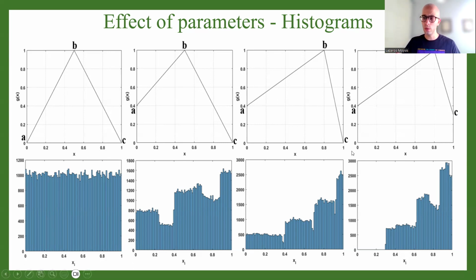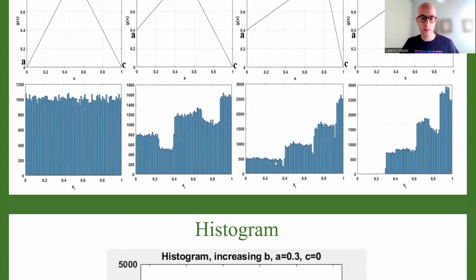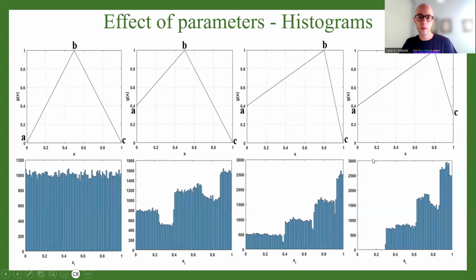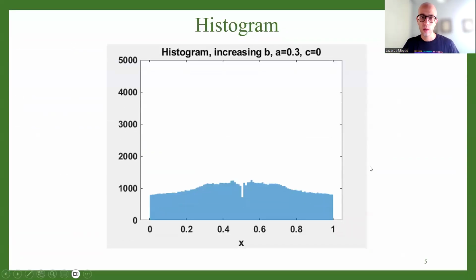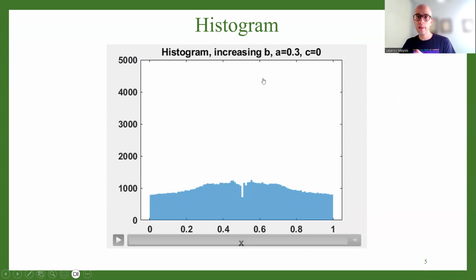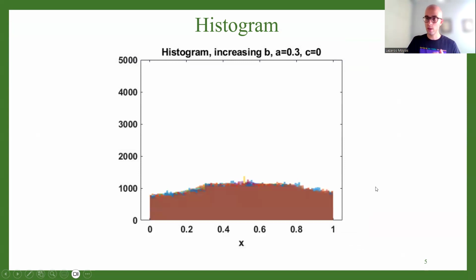So now what we wanted to do is develop a numerical tool so that we can observe this behavior in the whole parameter interval. So we did that, but let me show you one more example. Here I have only 4 histograms, but let me show you a little bit more. I'm giving you an example where I have C fixed to 0, as I mentioned, A fixed to 0.3, and I'm simply increasing beta. And you will see that we have indeed managed to achieve this control of statistical properties